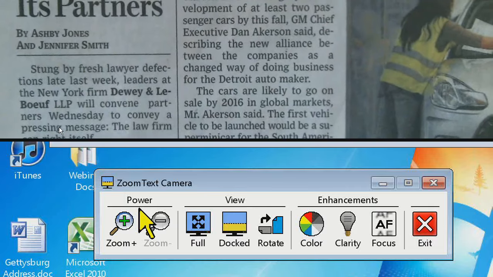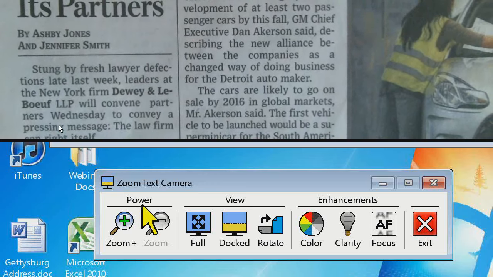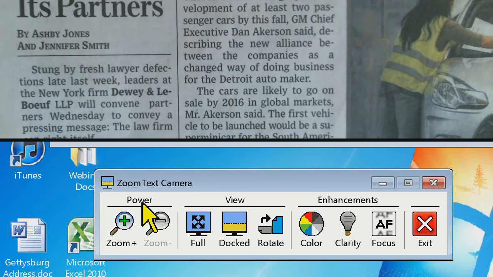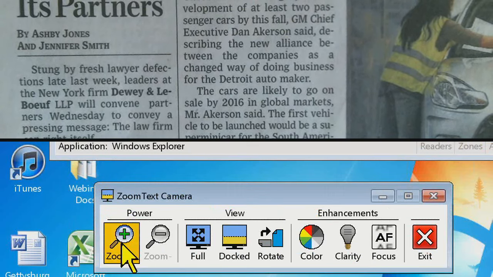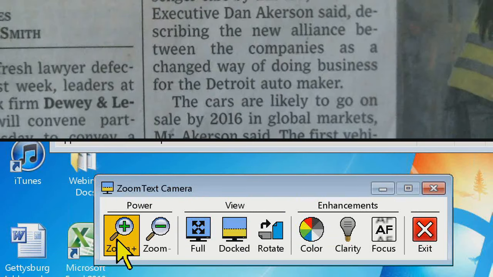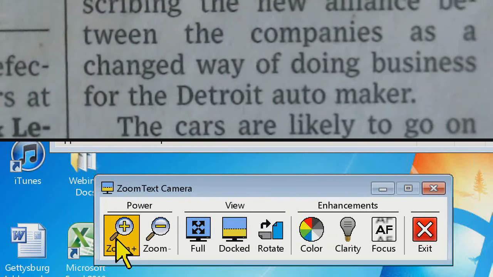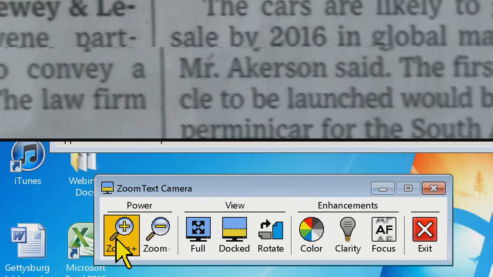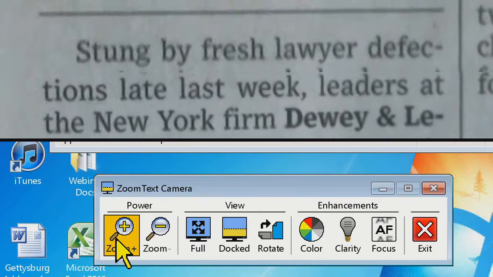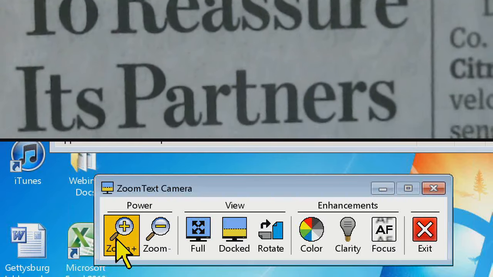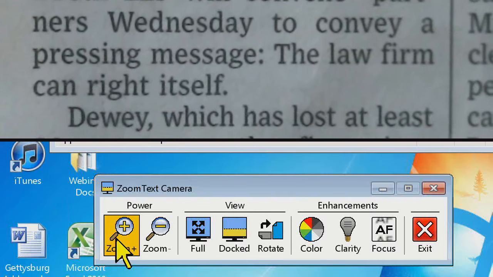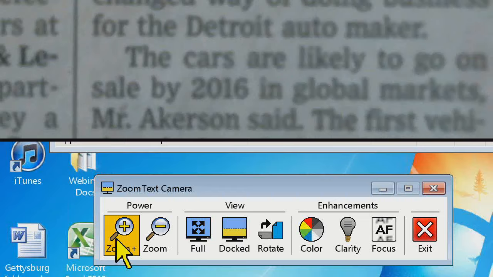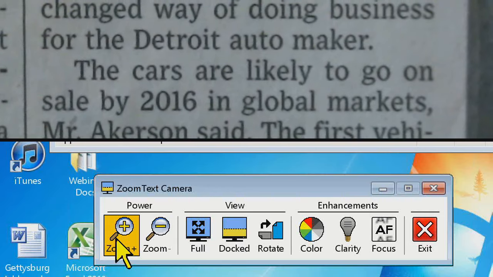Now this part is where we're using ZoomText and doing some things in software to look at the actual camera image. So the first thing you can do is very simply magnify the image, enlarge it by clicking on the Zoom Plus button. And you'll see that as I do that, it's increasing the size of the image. Now, where we have this set up in part of our conference room here, there's not any really good overhead lighting. So this is going to appear really dark on screen right now. But we will go through some of the settings here that you can use to enhance the quality of the